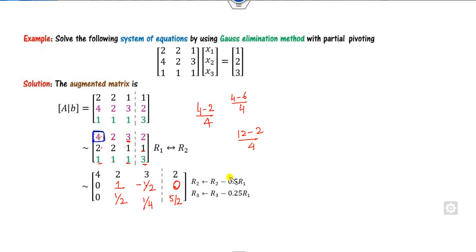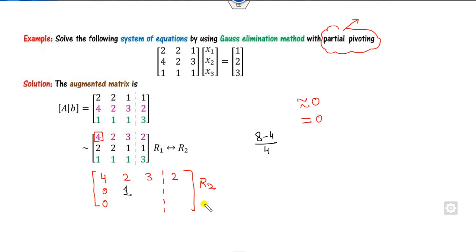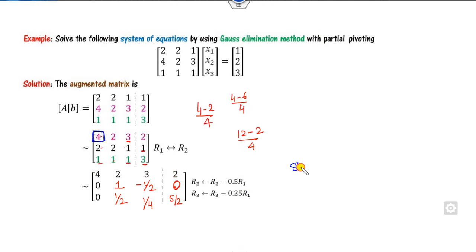How do I write this value? You can see from here. I need R2 and R3. I can make them R2 and R3 minus. What is the ratio, the opposite of this? 2 by 4, that is 1 by 2. The box element is in R1. What is the ratio of R1 and R3? 1 over 4 R1. Fine. Either you can use these operations to fill this box, or you can apply my shortcut tricks so that your error will be less.